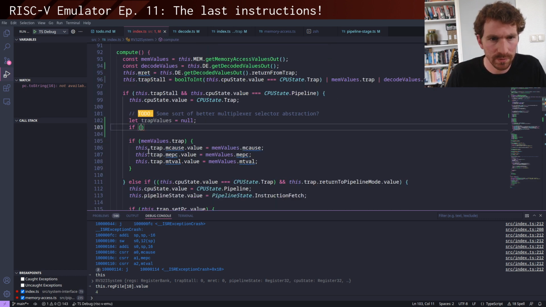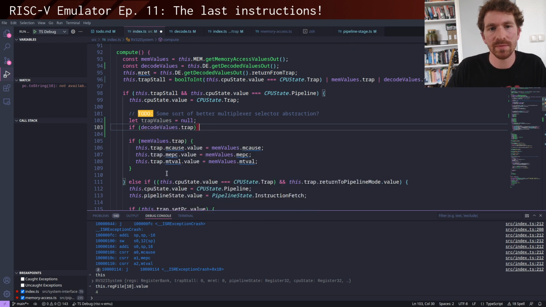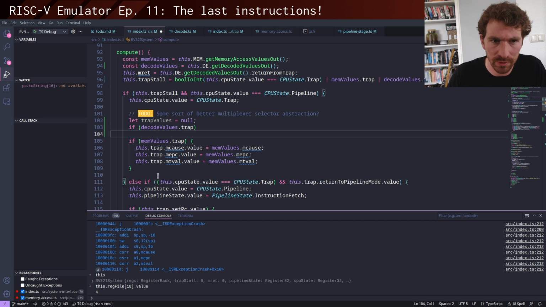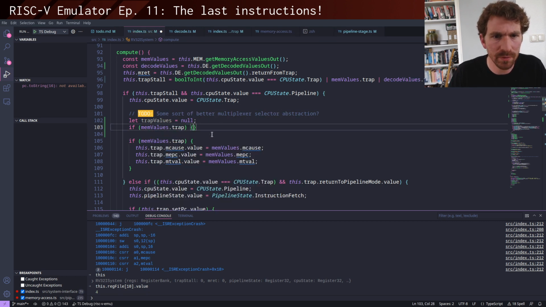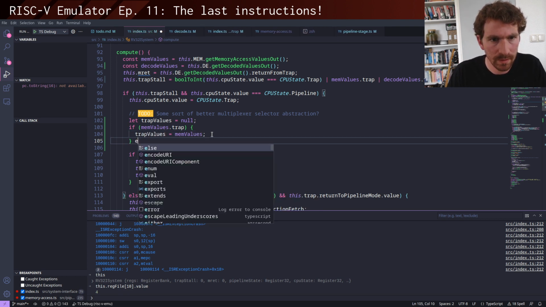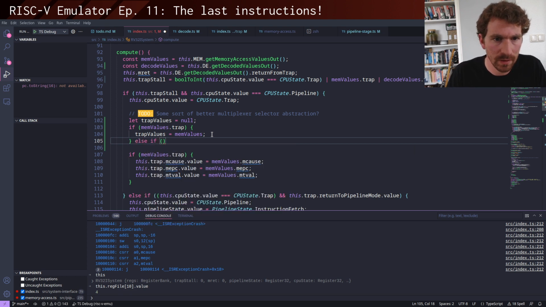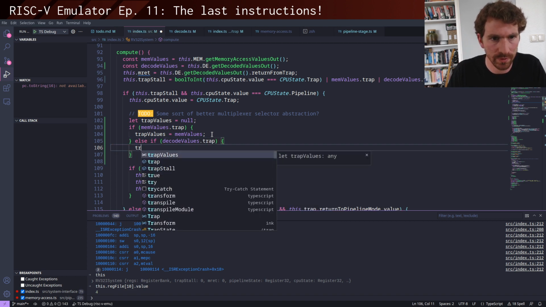And what we want to do is to say if decode values dot trap, because that is something, wait, no, mem values is later in the pipeline, so we want to look there first. If mem values dot trap, then trap values equals mem values. Else if